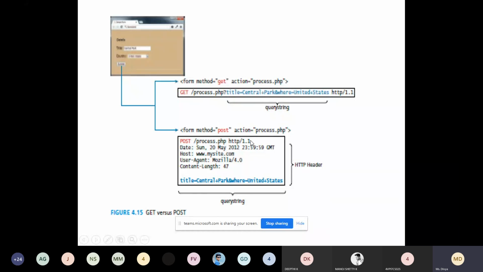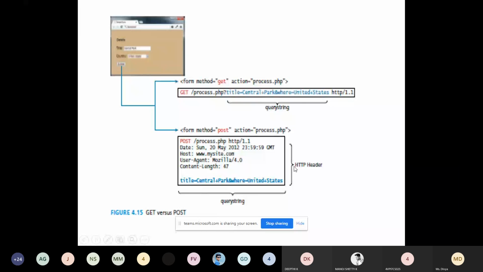You have studied the HTTP protocol, right? It is a simple protocol specifying date, host name, and user agent, that means what type of browser you are using, and the length of the data you are sending. Along with this, it will send the query string, which will not be visible to the end user.